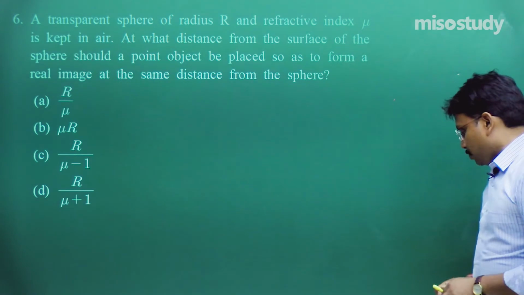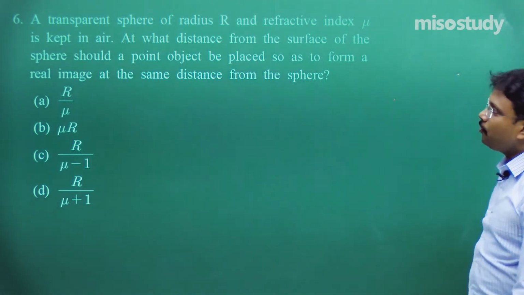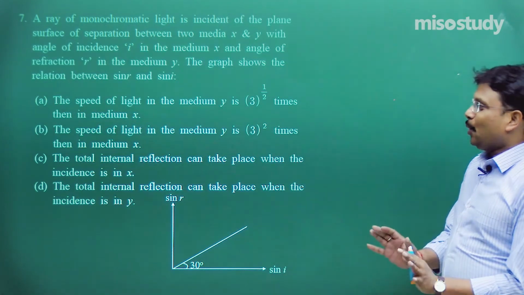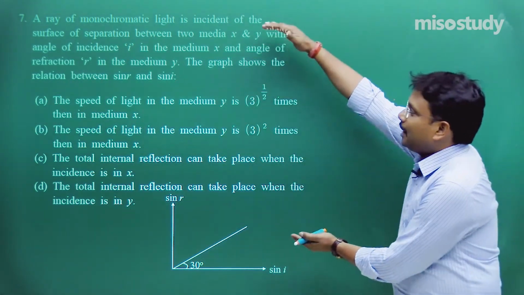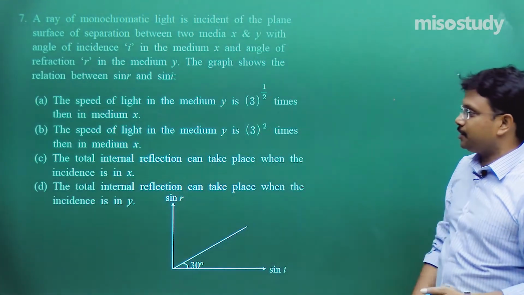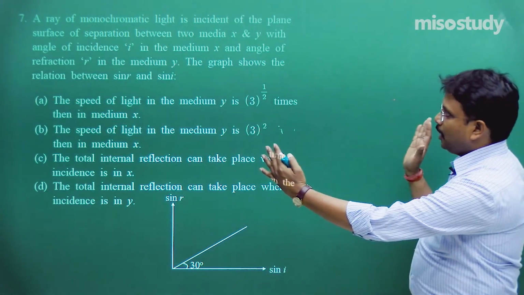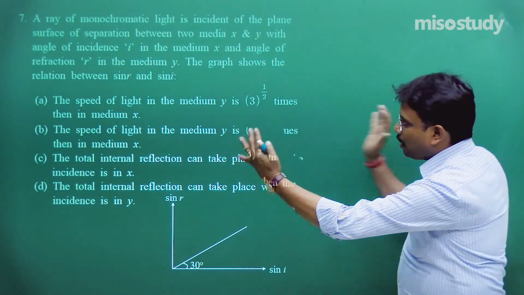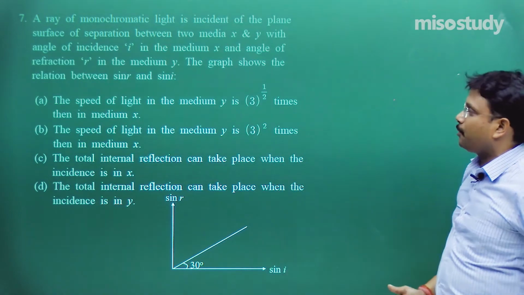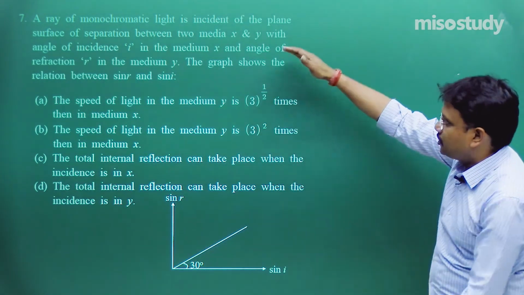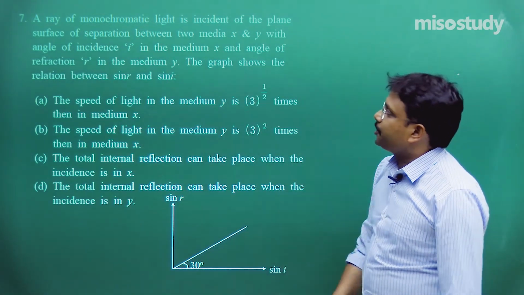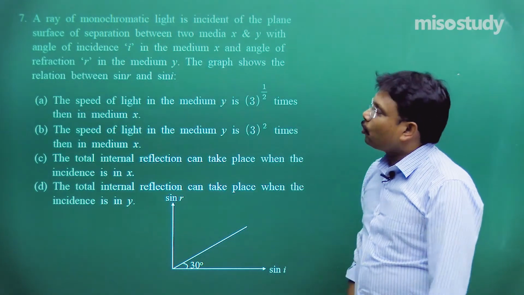So students, now let's move on to the next question, and please don't panic by just watching this big question. Actually this is a very simple 2-line question, because we compressed it into a small space just to show you in the form of a PowerPoint presentation. That's why it is taking this much space, otherwise it is a simple question. Let's see what exactly the question is. A ray of monochromatic light.